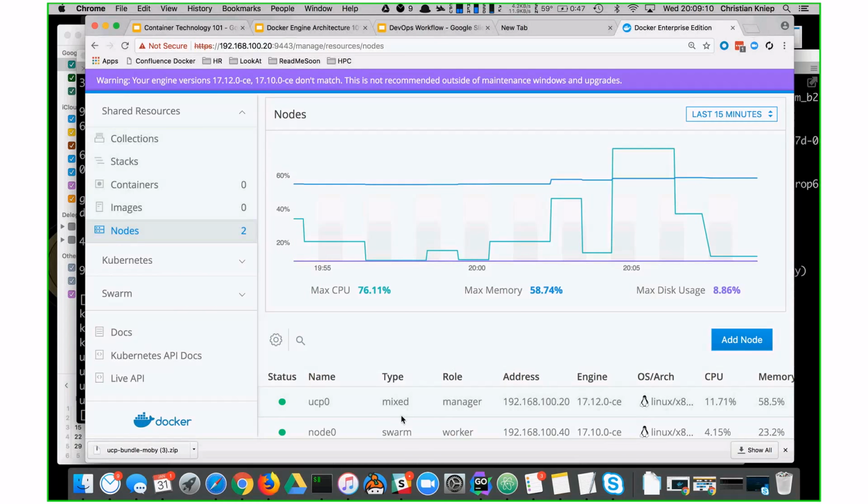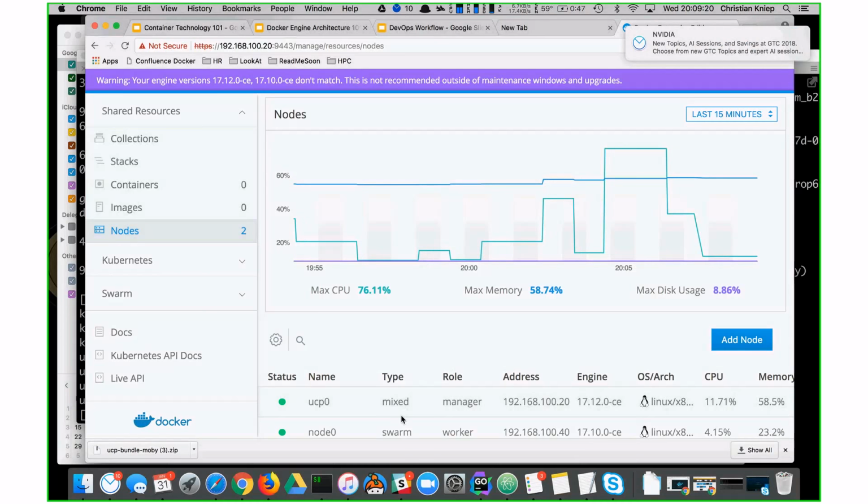But if Swarm is not enough for your use case because you need auto scaling or whatever, then you can just switch on Kubernetes, and all the kubelets will magically appear, and then you can use Kubernetes as well. So I think it's nice to have both. Best of both worlds, maybe.